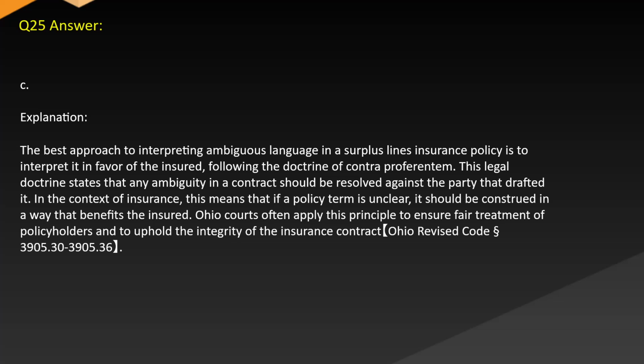Answer. C. Explanation. The best approach to interpreting ambiguous language in a surplus lines insurance policy is to interpret it in favor of the insured, following the doctrine of contra proferentem. This legal doctrine states that any ambiguity in a contract should be resolved against the party that drafted it. In the context of insurance, this means that if a policy term is unclear, it should be construed in a way that benefits the insured. Ohio courts often apply this principle to ensure fair treatment of policyholders and to uphold the integrity of the insurance contract. Ohio Revised Code